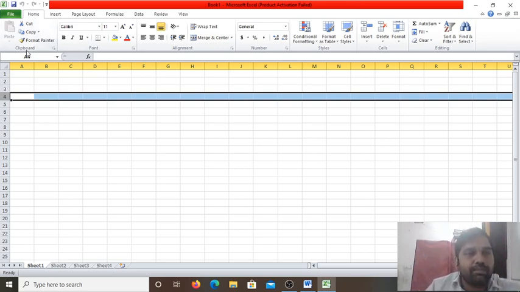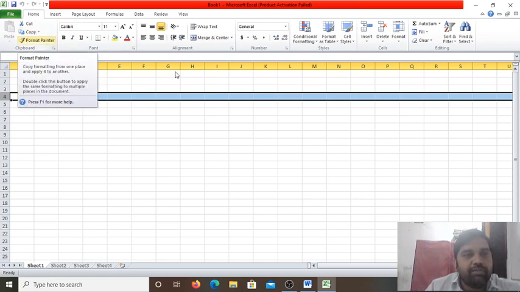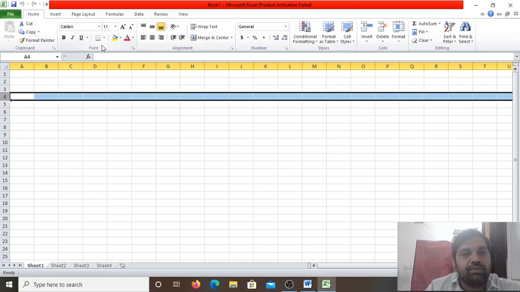You can see this is the clipboard group. If you want to cut or copy anything from Excel, this is the format painter. This is the font group to apply formatting effects on the text: bold, italic, underline, and this is to draw the border. This is to fill color. This is the text color, meaning font color. This is the font style, and this is the font size. This is for increasing the font size, and this for decreasing the font size.